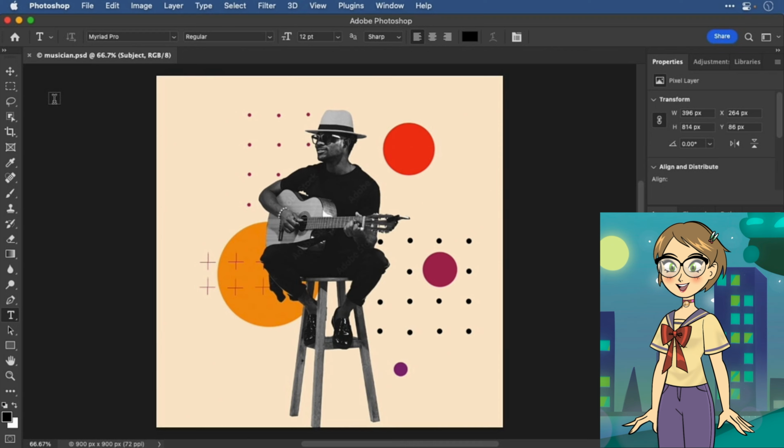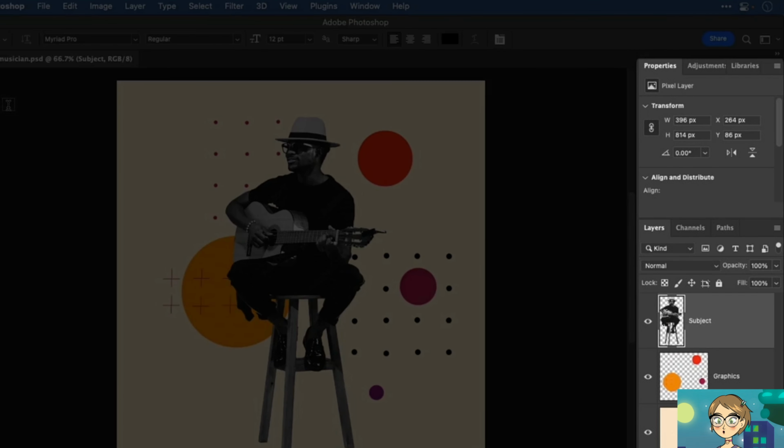The fourth and biggest part of the interface are the panels, which are over on the right. The panels contain lots of different controls for everything from adjustments to text. There are some panels you'll use a lot, like the Layers panel, which we'll cover in the next chapter. And there are some panels you may never use. By default, some of the most commonly used panels are open when you first launch Photoshop. If we're ever talking about a panel that you don't see on your screen, that panel is probably closed on